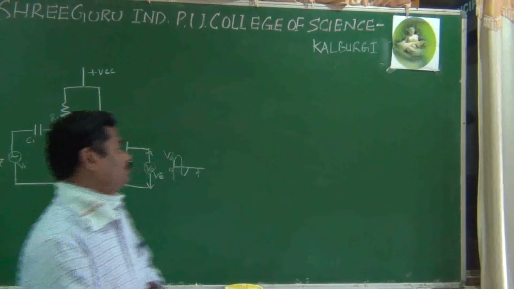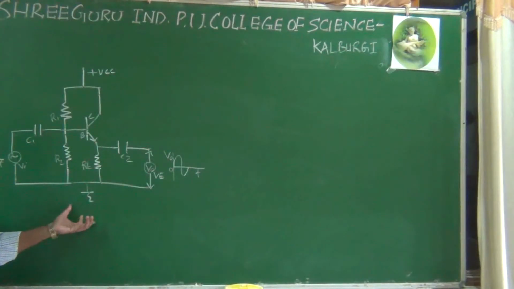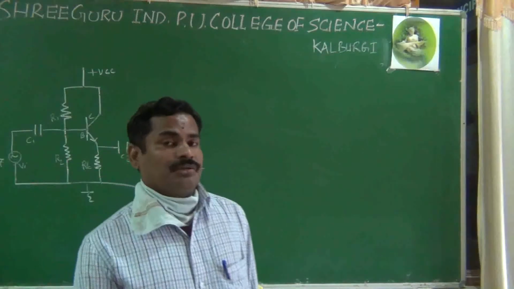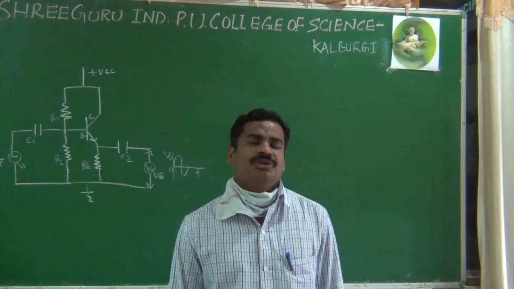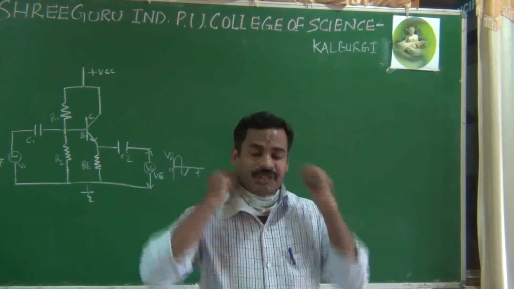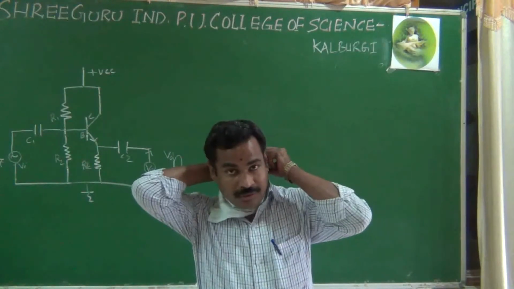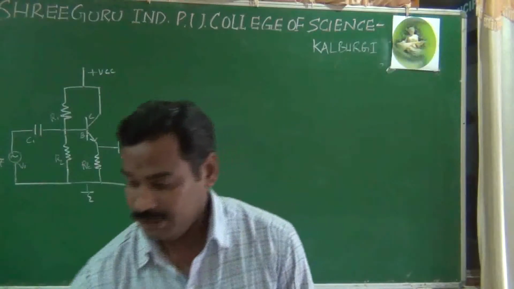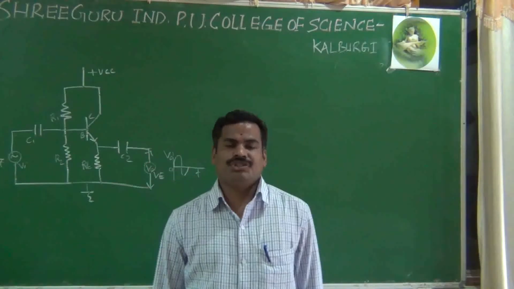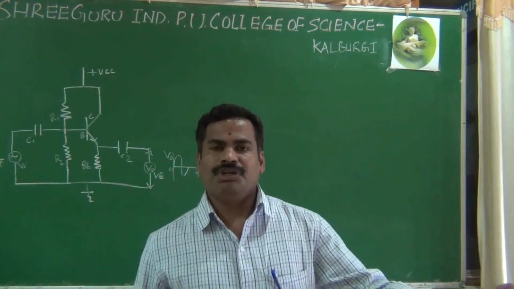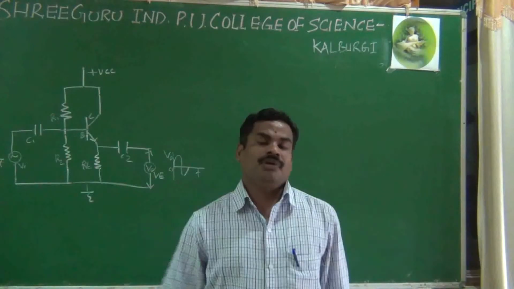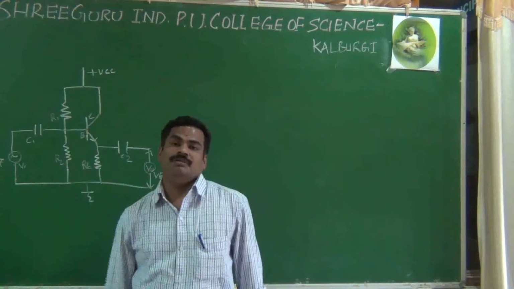Look here, this amplifier causes confusion compared to the common base and common emitter, where it is very easy to understand the construction and working, but for the common collector you have so many confusions. What are the confusions? In the common base, as we know, the base is common for input as well as output. In the same way for the common emitter, the emitter is common for input as well as output.